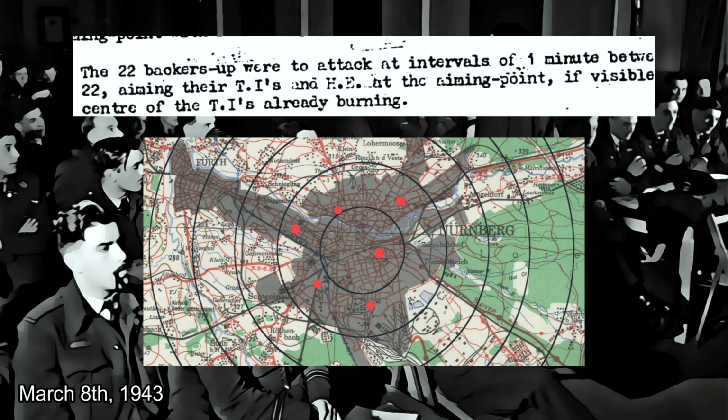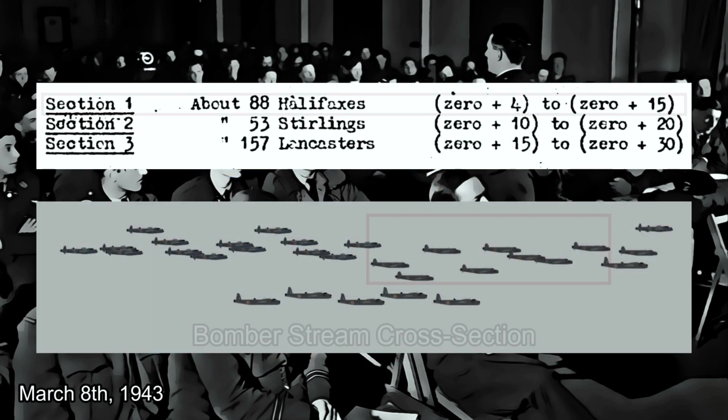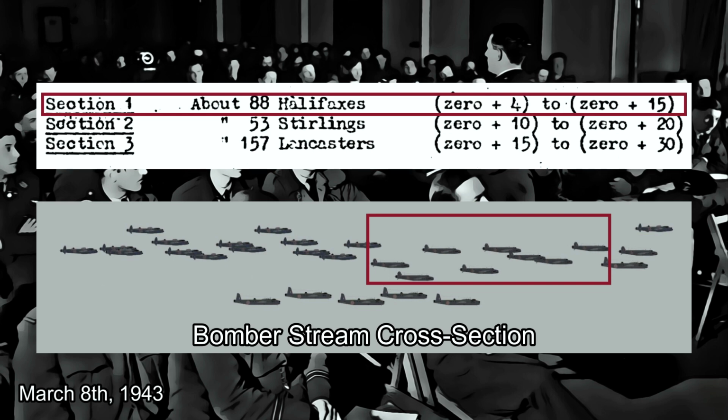Pathfinder aircraft without H2S will act as backers up, attacking at intervals of 1 minute and dropping their green indicators on the aiming point if it is illuminated by flares, or at the center of the already burning indicators if it is not. The 335 main force bombers will once again attack in 3 waves, with 88 Halifaxes bombing between